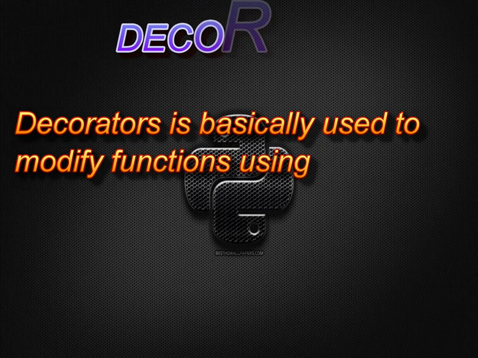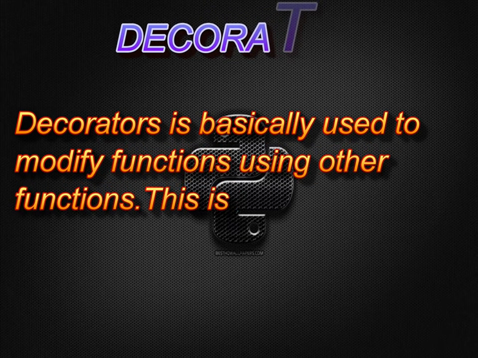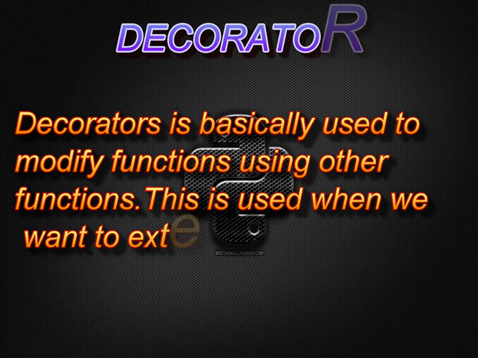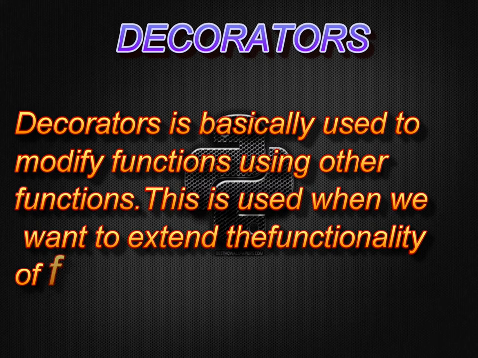Similarly, we have decorators that are available in functional programming so that we can modify our function. Basically, what do we mean by modification? If we want to change the functionality of a function, meaning we need to extend the function so that it moves forward and performs some more tasks, then we use decorators. Decorators basically mean giving a function a style: how the function will work, what it will perform first, then what it will perform second and third. Basically, with just one function, what we can perform. So that is what we mean by decorators, basically extending the functionality of a function.